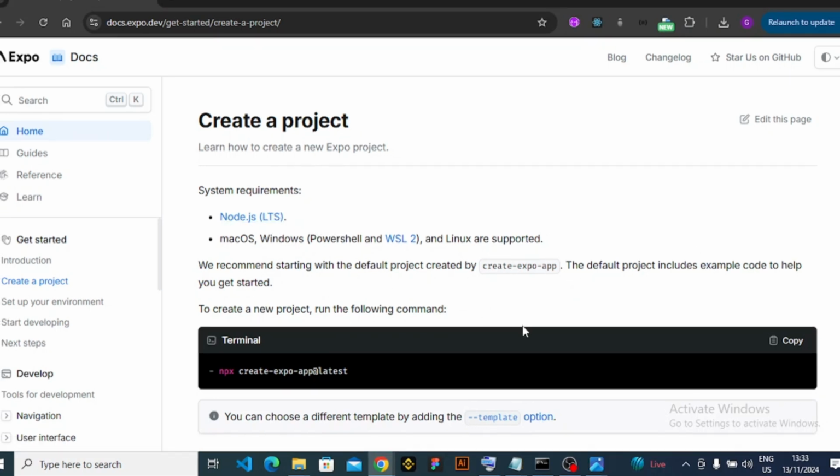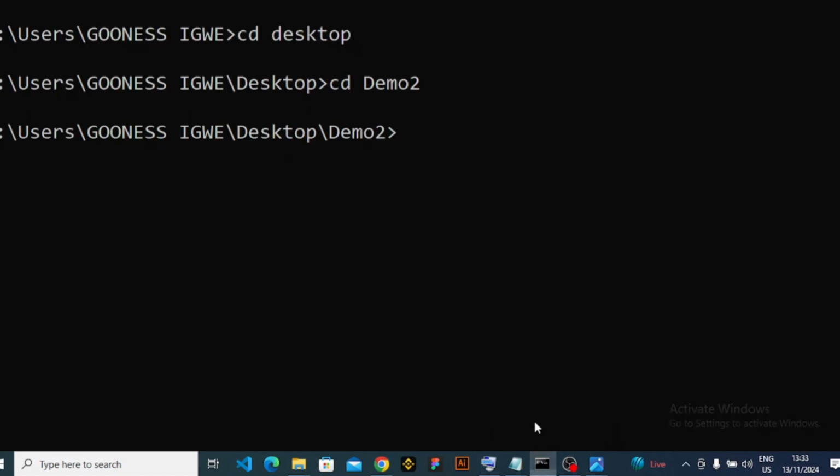So after installing this Node.js in your system, you just go straight to this place. You just copy this command here, click here to copy, and then go back to your terminal. Here inside this folder, this is our project folder demo2. Then you're just going to paste it here, Ctrl V to paste here, enter, and just allow it to do its thing. So as we wait for the create-expo-app@latest to do its thing,